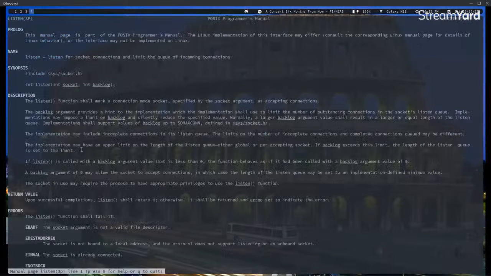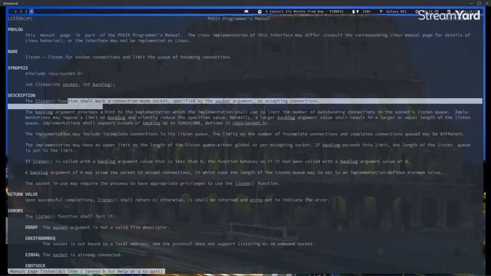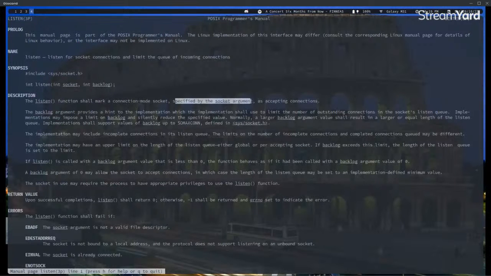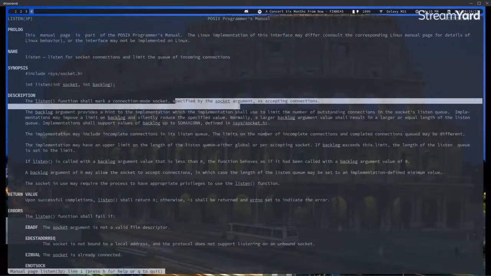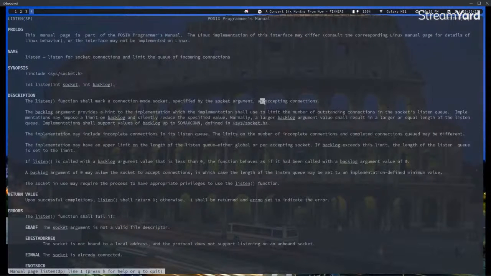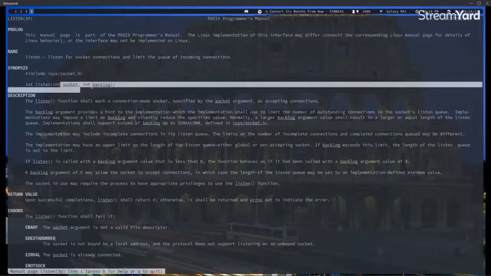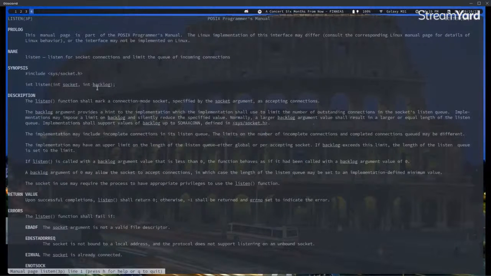The listen function will mark the connection-mode socket specified by the socket argument as accepting connections. So it allows us to accept connections. The listen function shall mark a connection-mode socket specified by the socket argument as accepting connections. It denotes that the socket is now accepting connections,